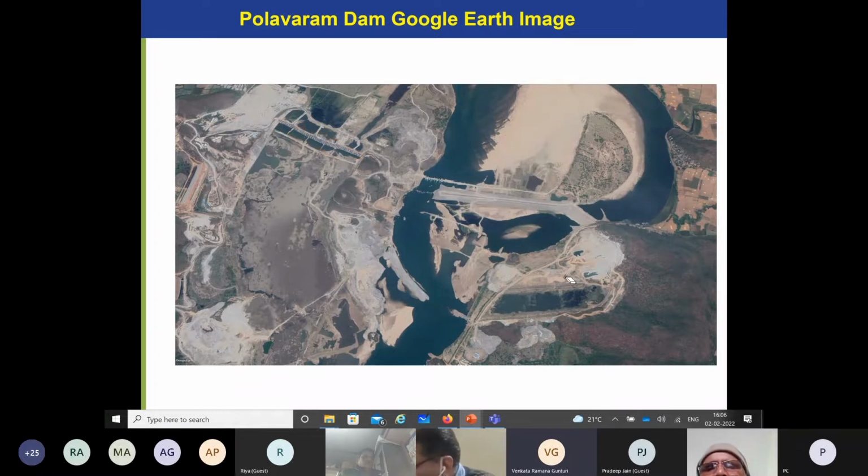The main dam has not been started yet. This is how the river flows. This is your upstream coffer dam, downstream coffer dam. This is your spillway. You can really go to Google Earth. You can see the spillways being constructed already. This is the spill channel, and while making the spill channel, there were several issues with the